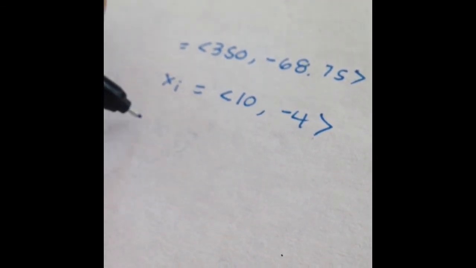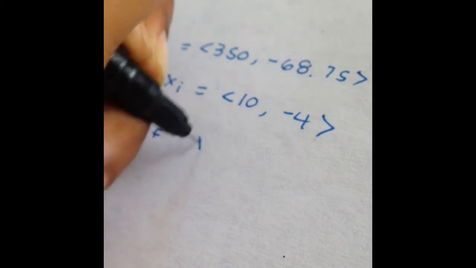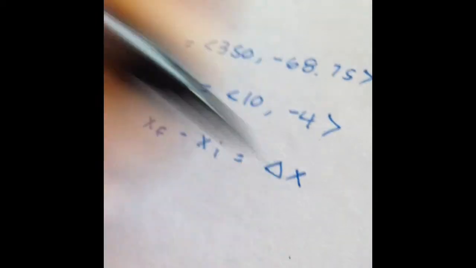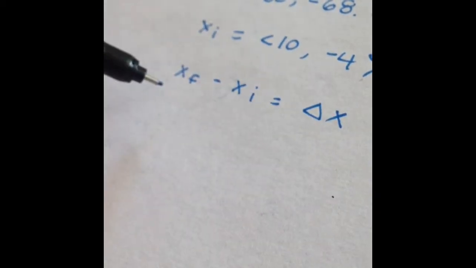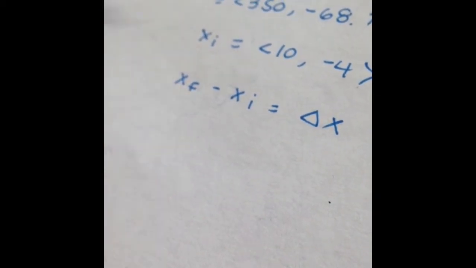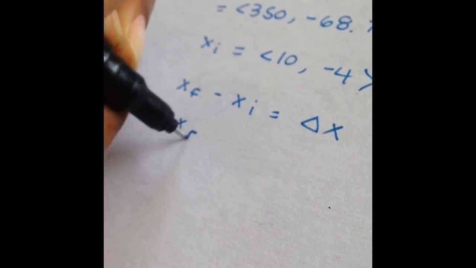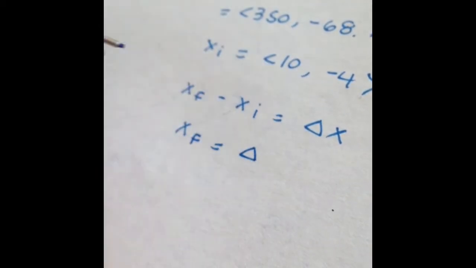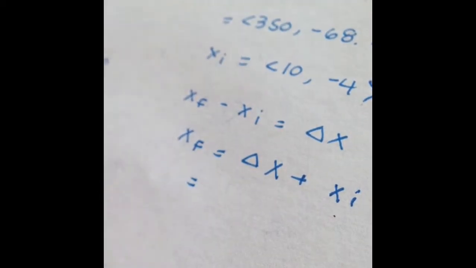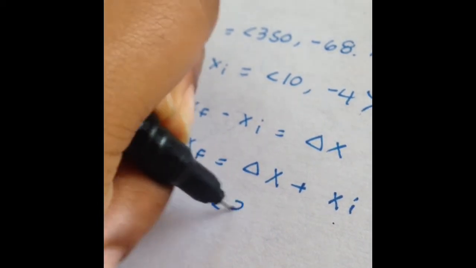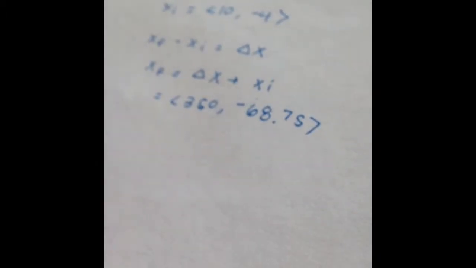And you know that final position minus initial position is going to give you your change in position. So you know this value and you know this value, so you're solving for your final position. So you move everything around and you get your final position on one side. So your final position is equal to the change in x plus your initial position. So you just add those two vectors together, which is going to be 350 negative 68.75, and you add that to